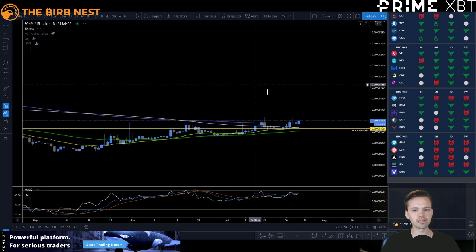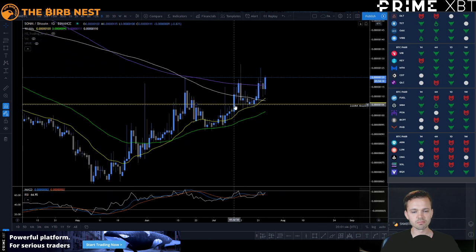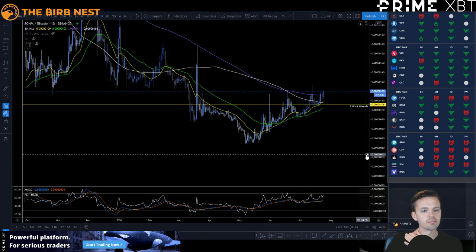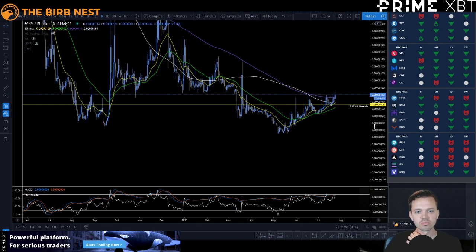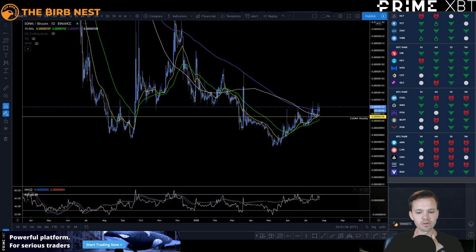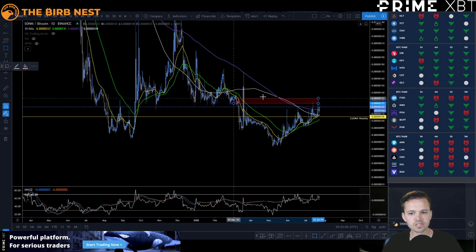Go down into the daily. Also got the 200 simple, the 21 EMA, the 200 EMA. So yeah, I'm liking this one actually. I do really like this one. So we got a resistance area right here. I would not like to enter right here because it's quite a strong resistance area, right? But I'm gonna mark it out and I'm gonna see how